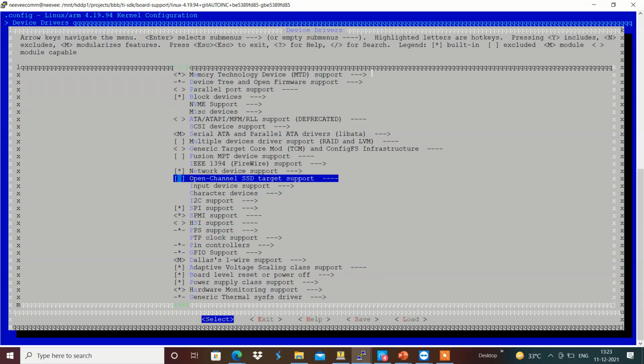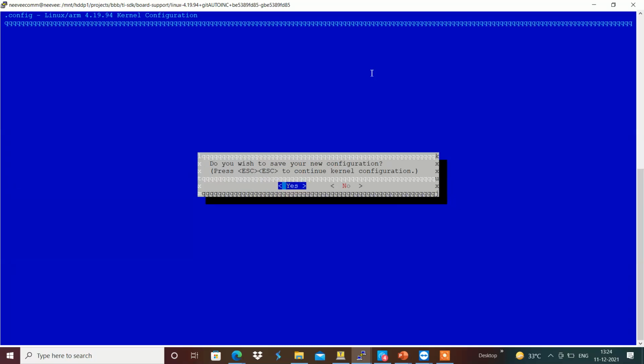And if there is nothing, it is empty, then the driver is not enabled within this kernel. It is not selected in the kernel, or it is compiled into the kernel, or it is enabled as a module. Like that we can do it in the Linux kernel configuration.